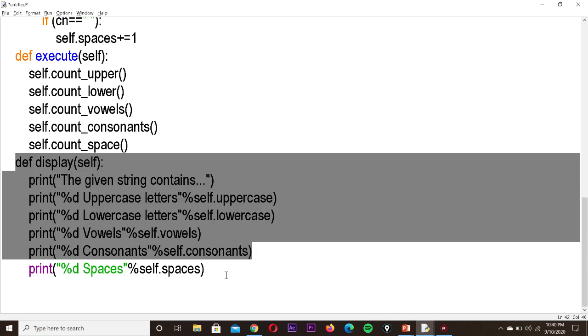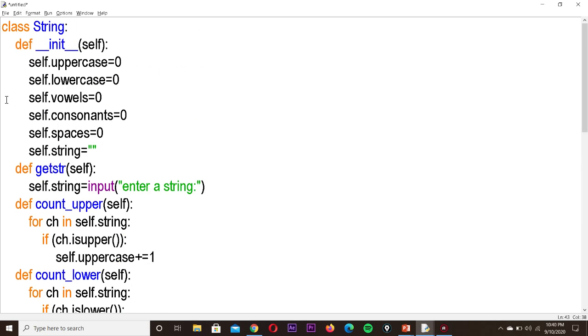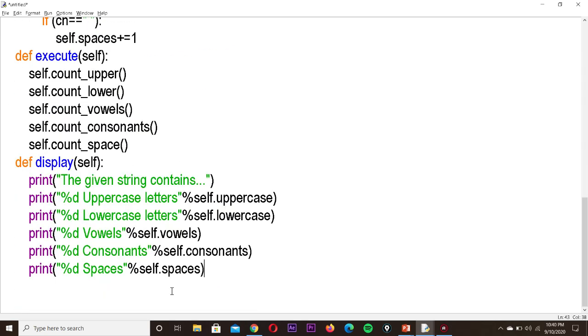Okay, so now we have completed the class definition. Class is over. Now next is the main program, the main statement we want to write. After the class definition, go to zero indenting. Press the tab space and come here at the leftmost indenting. Here we want to define the object. We want to create the object.